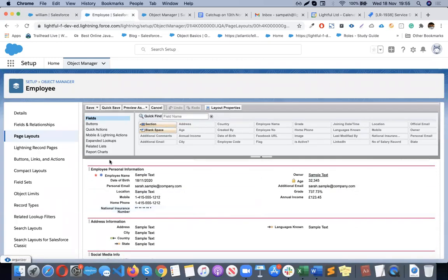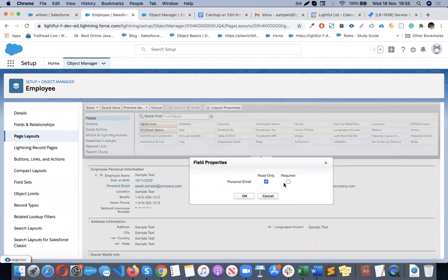In this particular page, you may have multiple pages, more than one page, but in this page, you're going to make personal email address required. We have 2 properties, read only and required. Read only means the user cannot edit the field, only the administrator can do it. Required means it's mandatory.